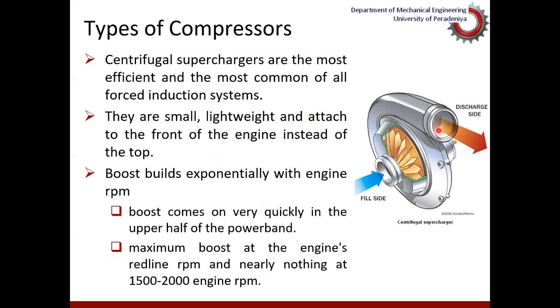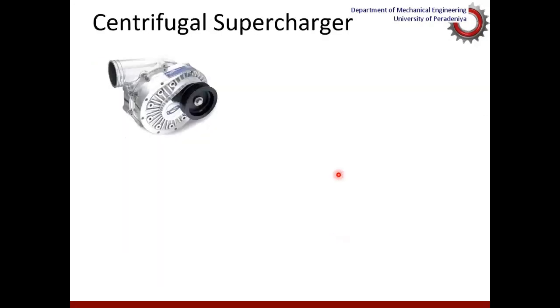The centrifugal compressors or superchargers, as a result of their lightweight and small size design, could boost the pressure quickly. And as I said earlier, their boosting is proportional to the speed. Therefore, at low speeds the boosting is fairly small, but at large speeds you could expect greater boosting, that is, a greater pressure ratio. So this is a real picture of a centrifugal supercharger.